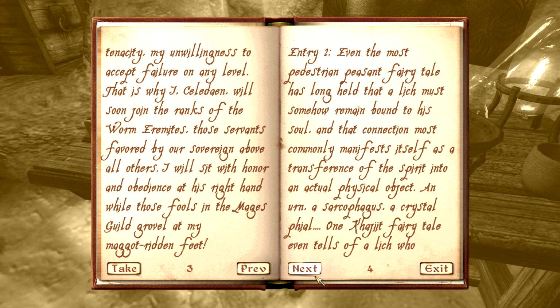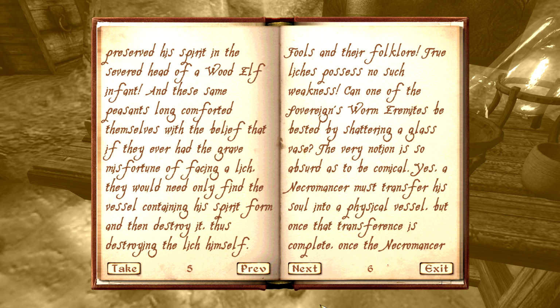Entry number 2. Even the most pedestrian peasant fairy tale has long held that a lich must somehow remain bound to his soul, and that connection most commonly manifests itself as a transference of the spirit into an actual physical object. An urn, a sarcophagus, a crystal phial. One Khajiit fairy tale even tells of a lich who preserved his spirit in the severed head of a wood elf